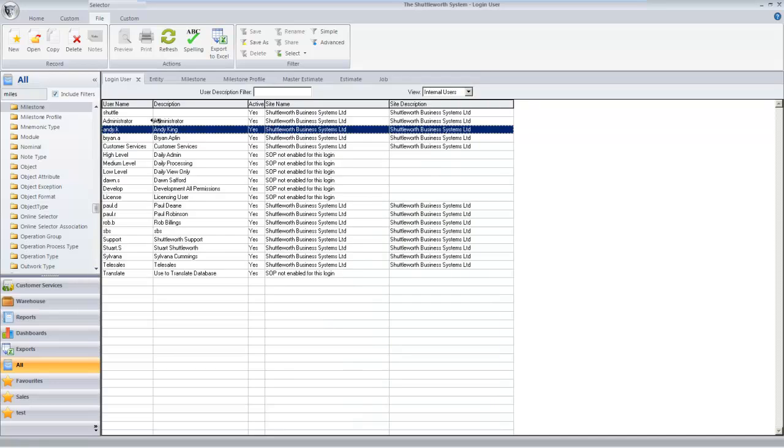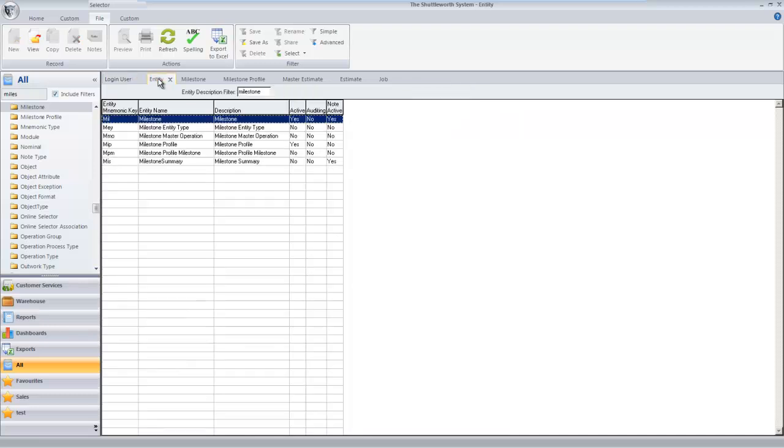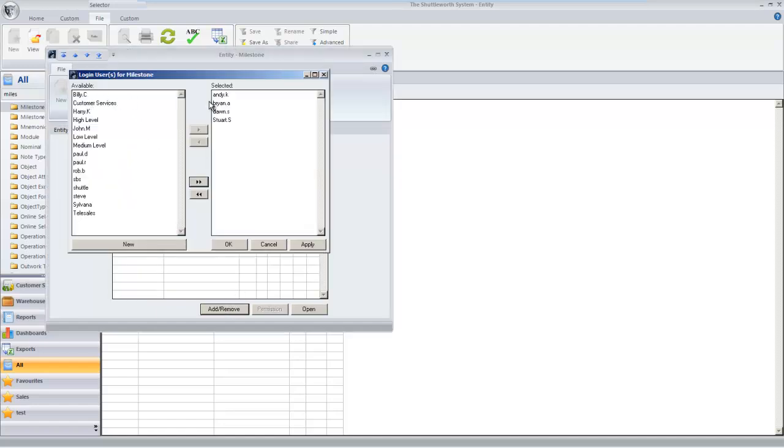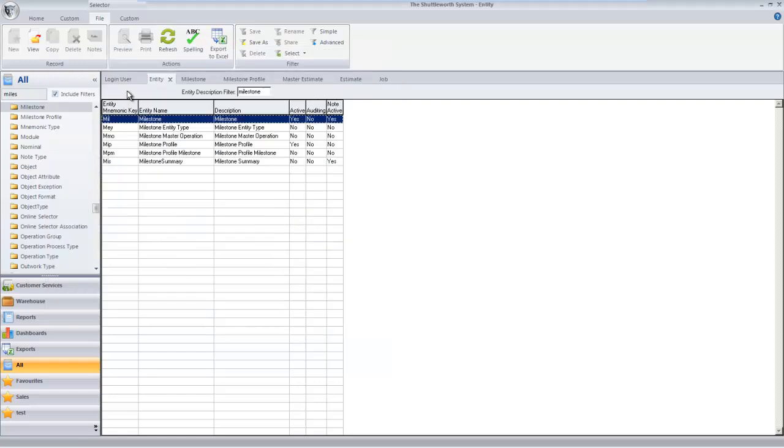If you want to set a login user to just view the Milestone information, the quickest way to do this would be to go to the Entity tab, filter for the Milestone file, open it up, click on the Users tab, click on Add Remove to add the View Only permission to the login users. Once you've done this and added the Milestone profile to your login, you'll be able to log out and back in under your login. What you'll then have is under all groups, you'll have access to the Milestone and Milestone